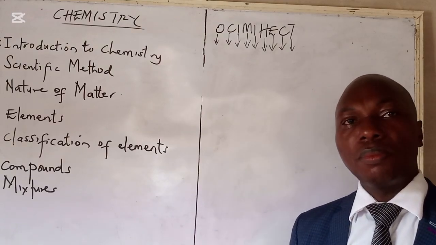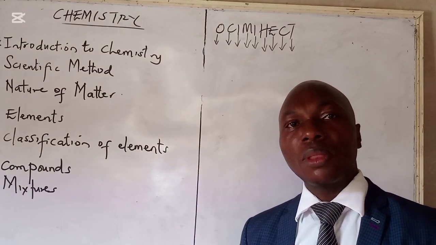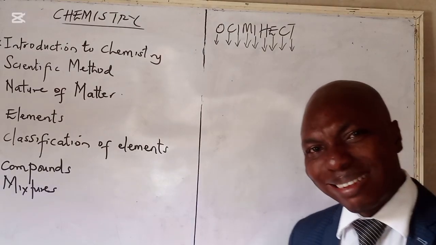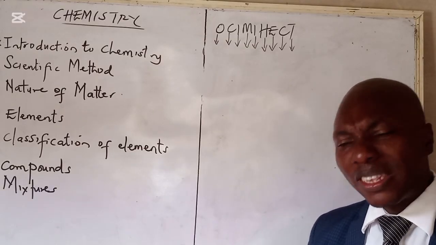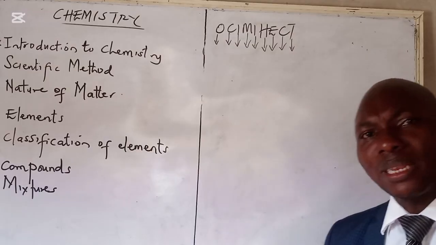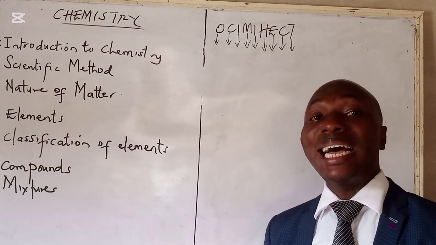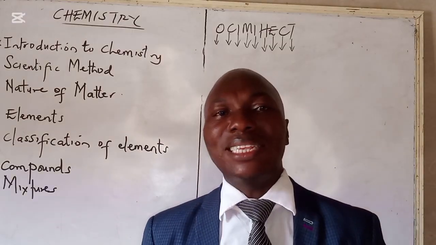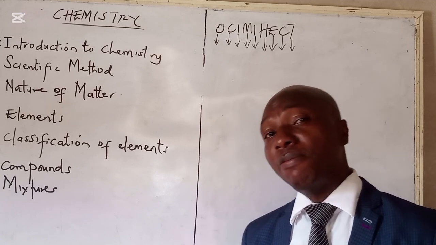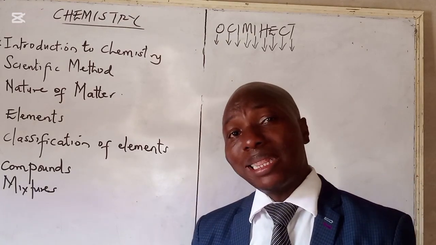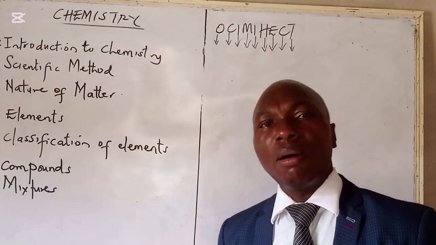slaking of lime. These are chemical changes. Other changes are fermentation and decay of substances. Other examples are rusting of iron. We see that new substances are formed. Rusting of iron, and lastly, changes in an electrochemical cell. These are chemical changes. Now that we have known the two properties of matter, physical and chemical changes, we move to what we call